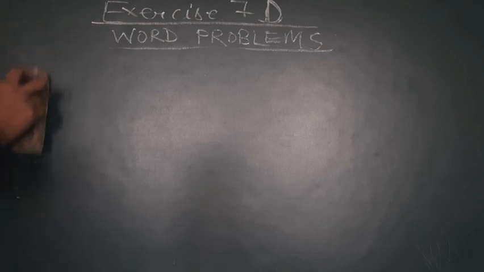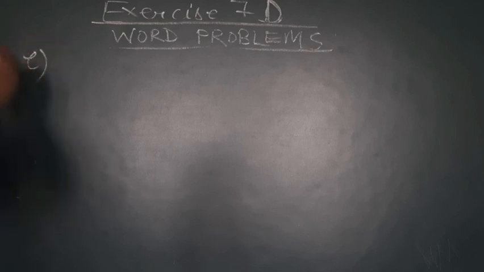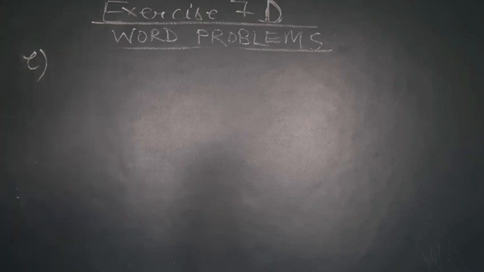Now only the last question is remaining, that is option E. Following are the marks scored by 12 students of class 5 in mathematics: 80, 75, 94, 82, 77, 96, 91, 85, 79, 80, 85, 96. Find the average marks of these 12 students. Are the average marks above 80? How many students score more than the average marks? So first of all, what do we have to do? The first task is to find the average score of the 12 students.